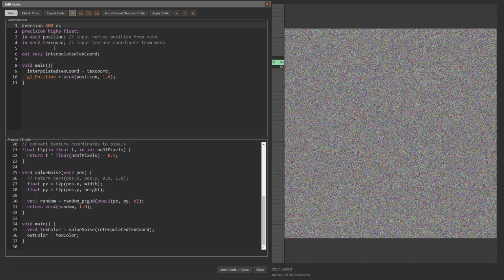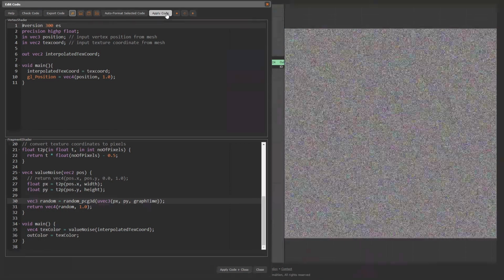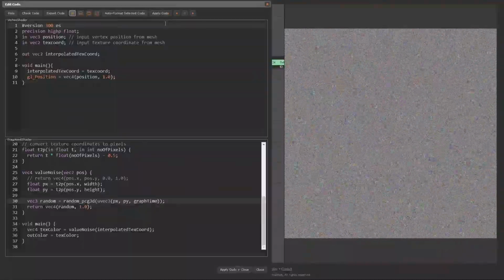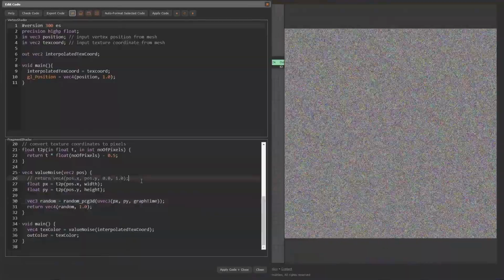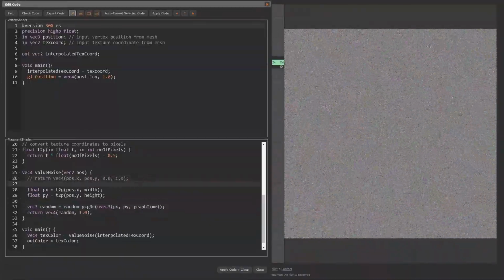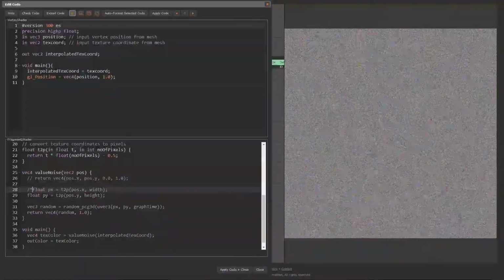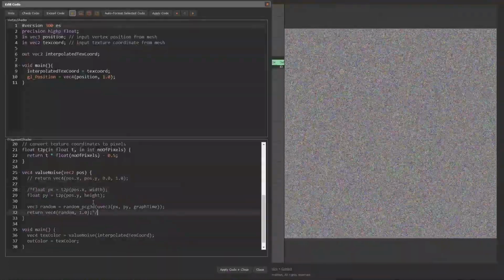We open the shader editor again and put graph time as the third seed of the random number generator. Perfect, now we get new random values for every rendered frame buffer image. For many applications, this noise output is too chaotic. There is no correlation between neighboring values. These are just random numbers from a uniform random number generator.